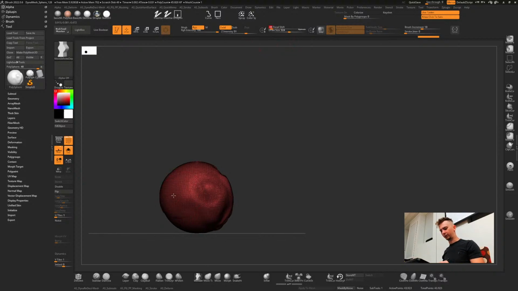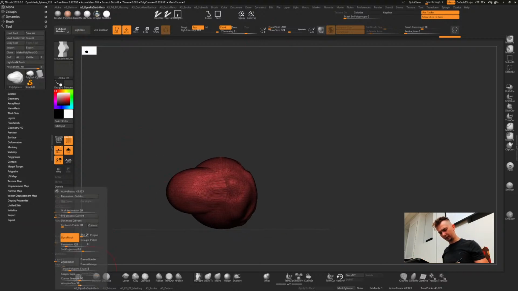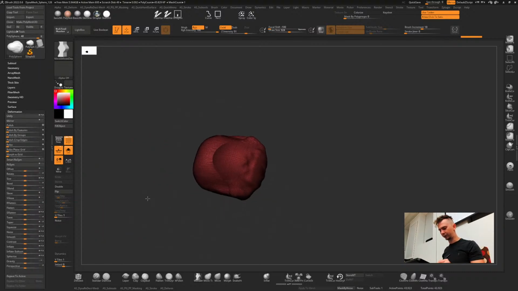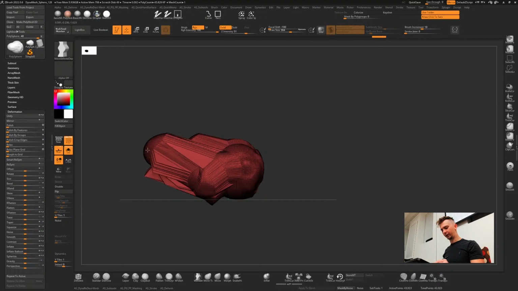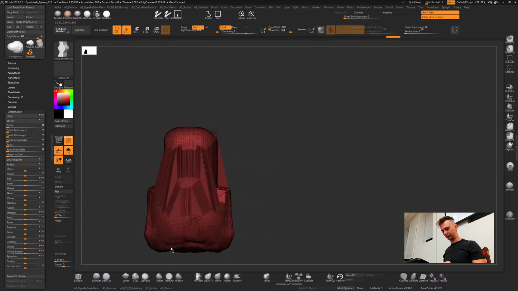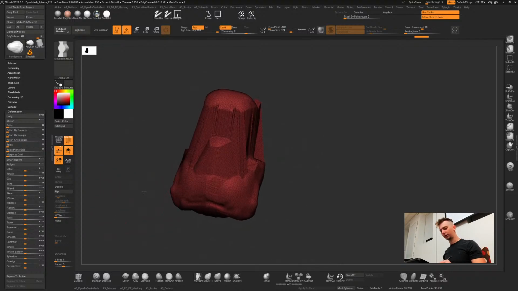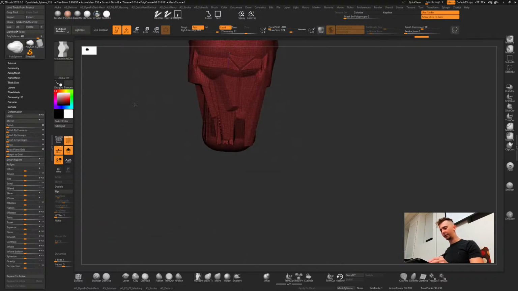You can get rid of the focal shift, and also let's unify this piece of geometry. So Deformation, Unify, just so it's a little bit smaller. Now we can move things around in a very hard surface manner. And if I Control-drag, we can Dynamesh it.